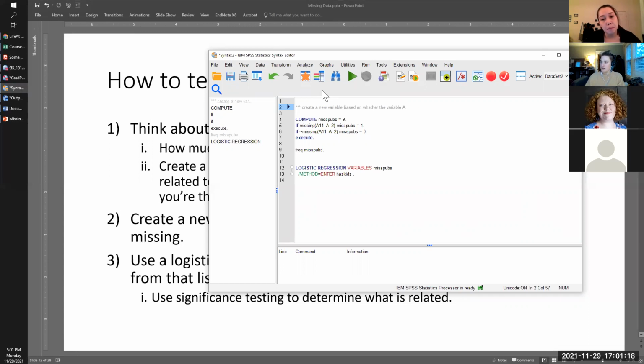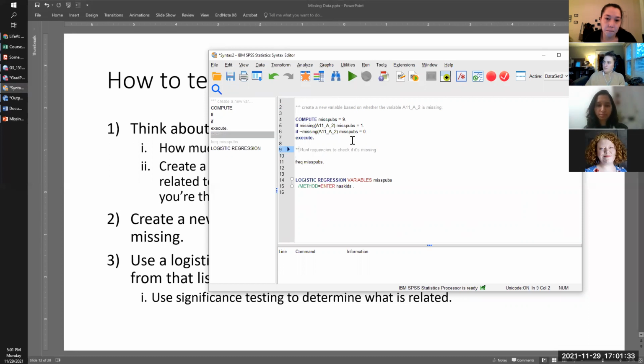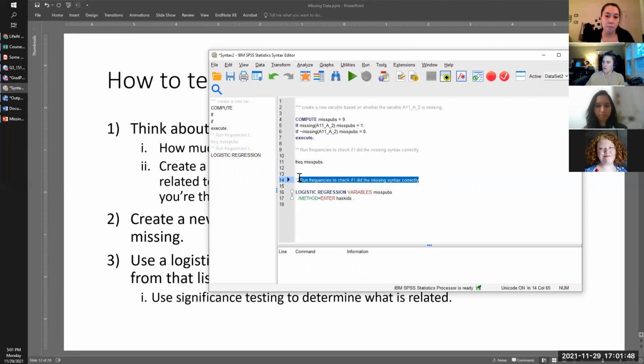No, A11 underscore A underscore 2 is missing. Okay, and this is the next step, which is the running